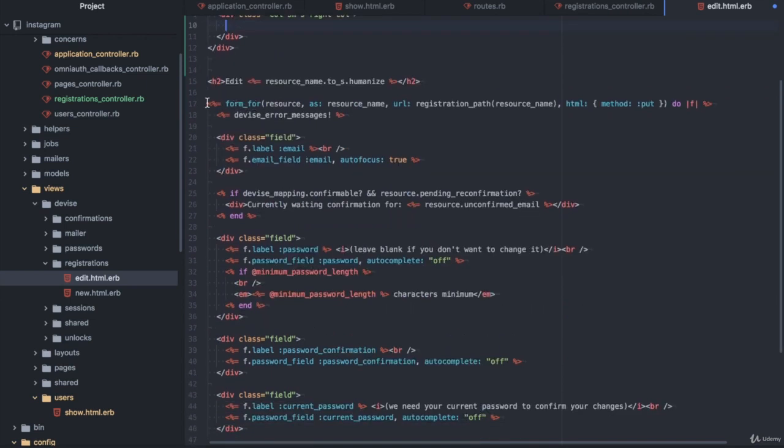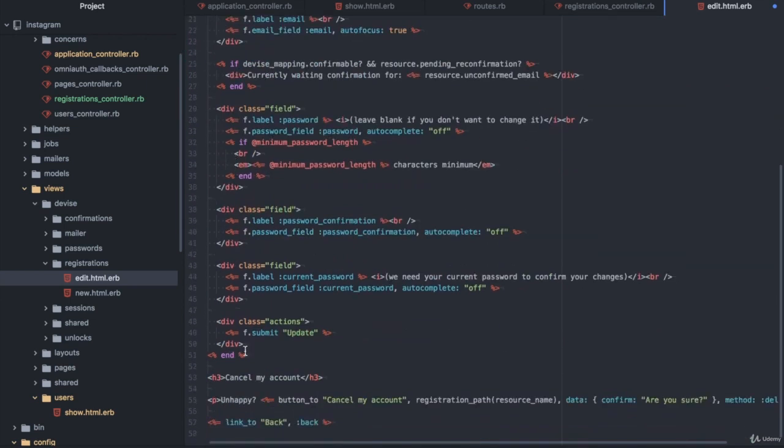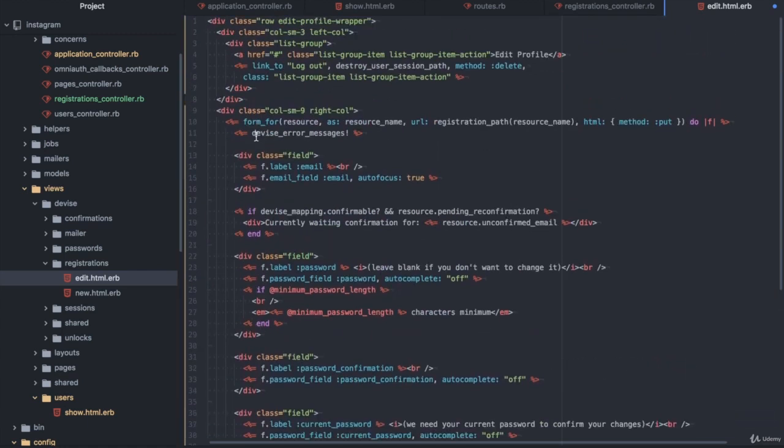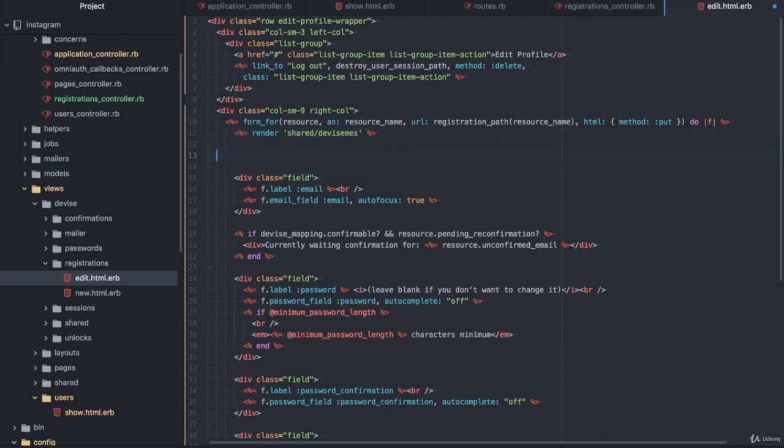So I will copy this form and paste it in here. So in here we would use render shared devise messages. This should be. And so first I will print out the user avatar,